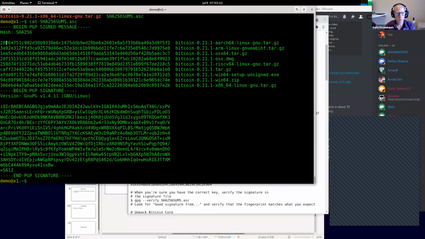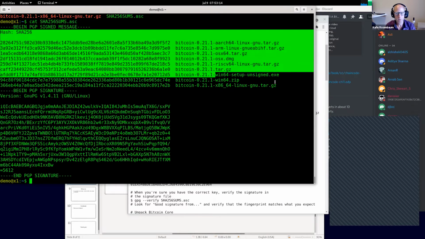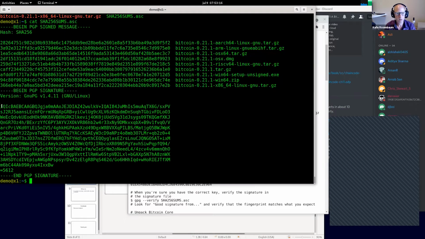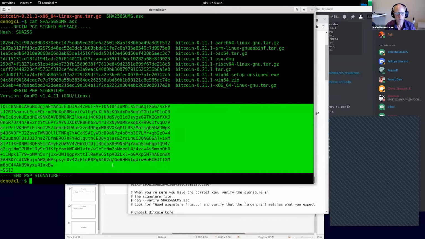It starts with a message up here. This is a message, and this is a signature for the message. This signature is done with the Bitcoin Core release key. And as you can see here, in my presentation, there was only one hash and one file name in this file. That was a simplification. It's actually multiple files here. One file for each